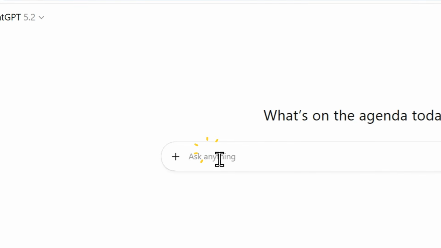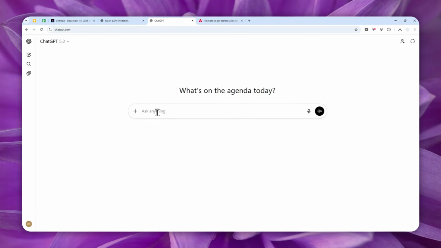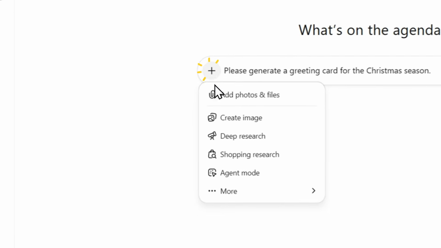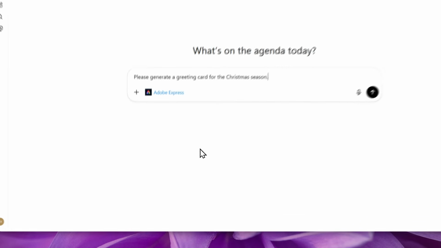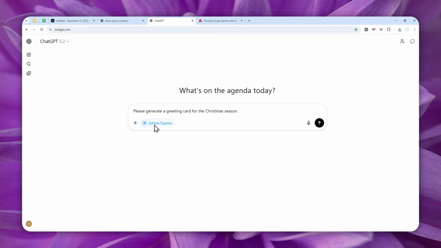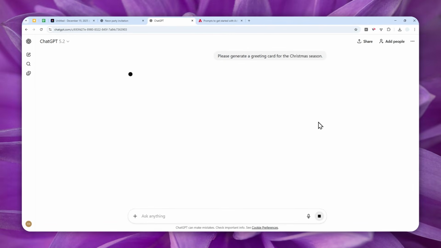So I'm going to tell ChatGPT to call Adobe Express and then create a greeting card. Please generate a greeting card for the Christmas season. Okay, here, click this plus button, click more and select Adobe Express. This is important, otherwise ChatGPT might not be using Adobe Express to process this instruction. Send a message and just wait for ChatGPT to call Adobe Express to come,